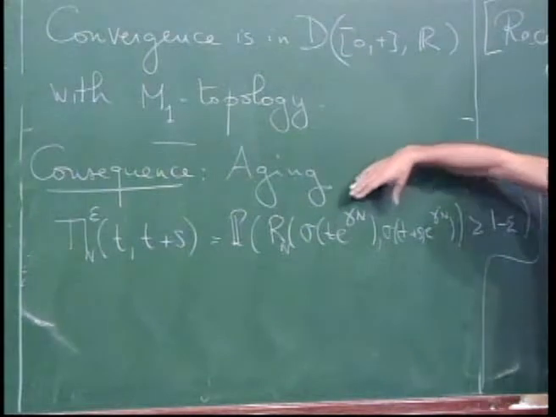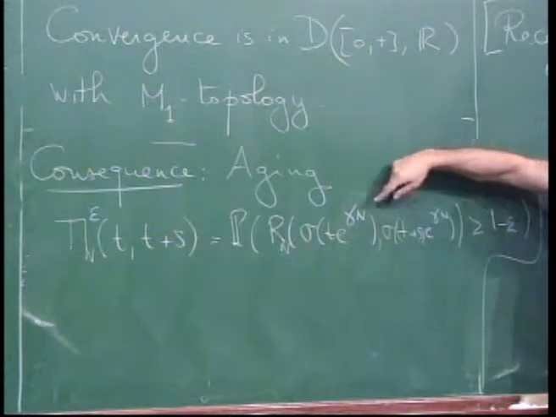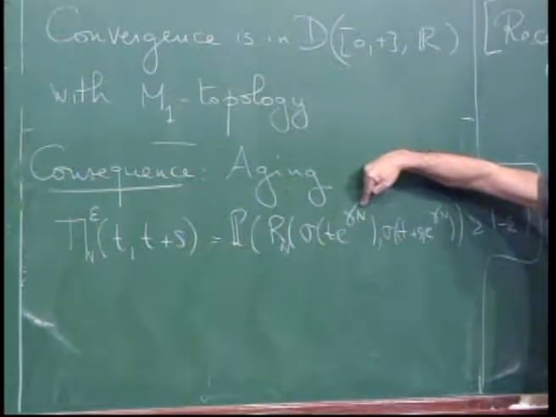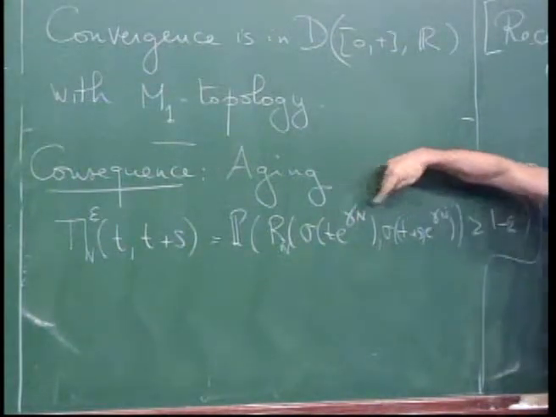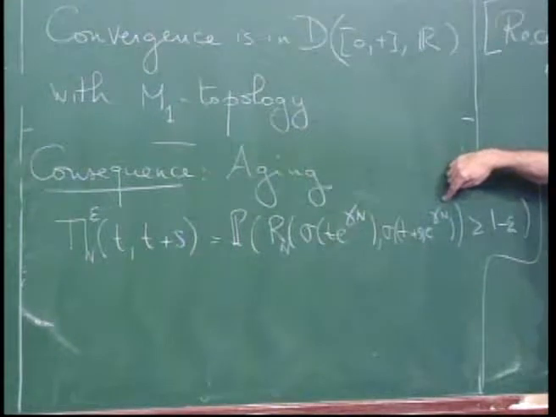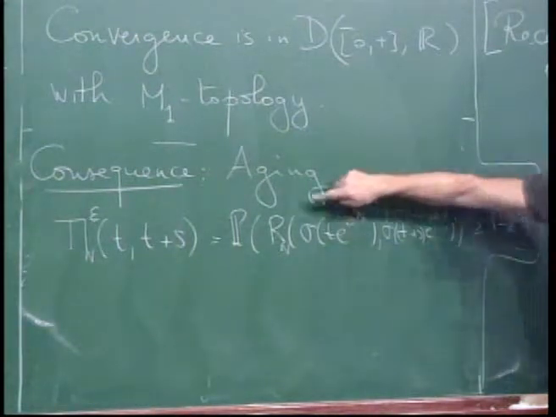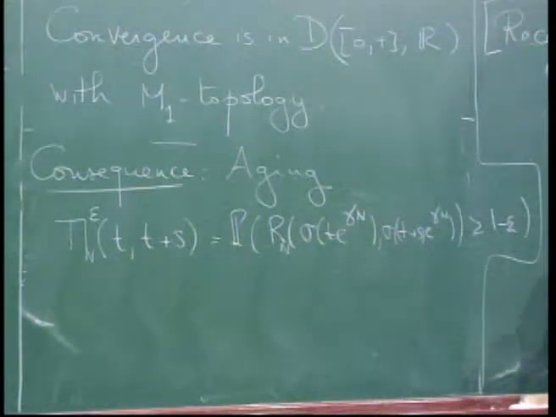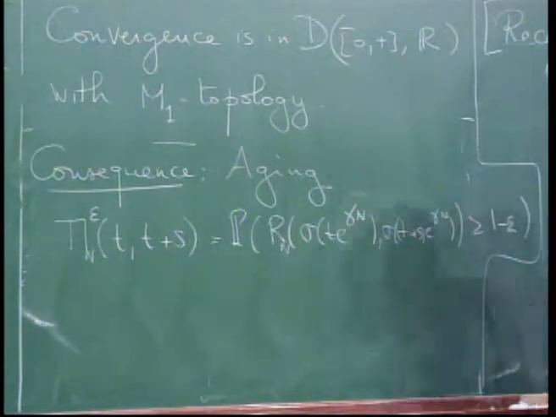We're asking about the fact that they are close. We're looking at the position of the dynamics in the time scale exponential gamma n at the time t, and at a later time, t plus s in the same time scale. And I'm looking at the fact that this overlap is very large, it's close to 1. So this means that the distance is small. So I'm asking what is the probability that the dynamics at 2 different times in this time scale are essentially at the same point. And the result is,